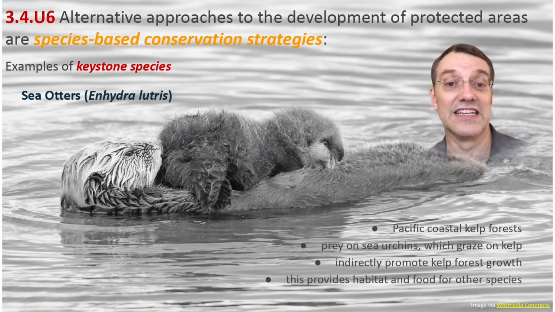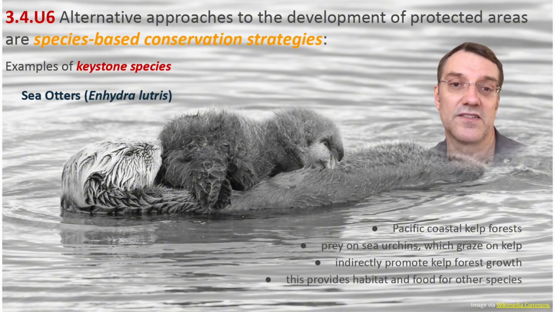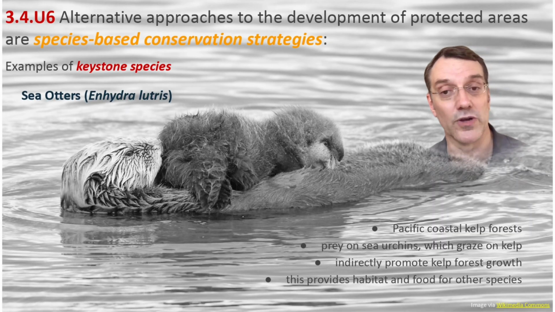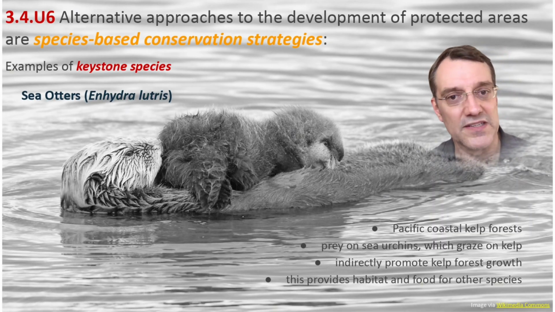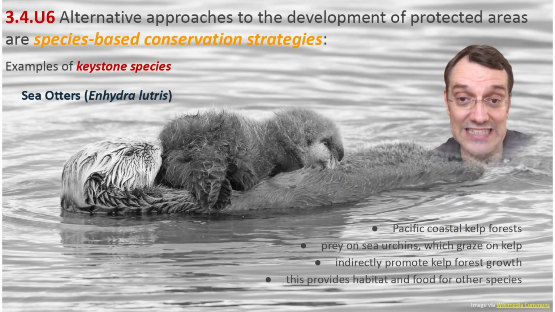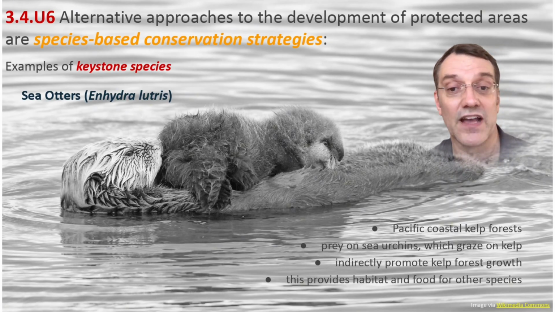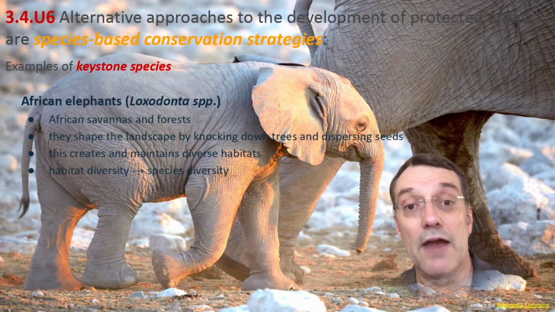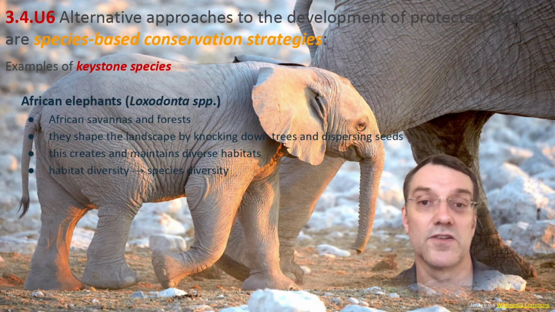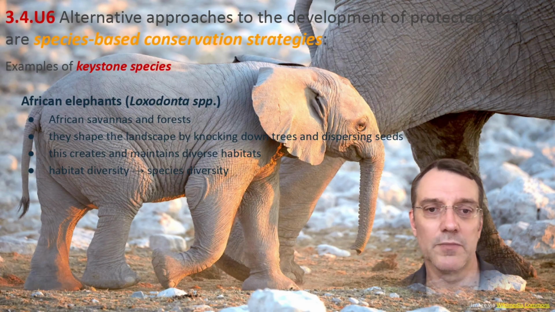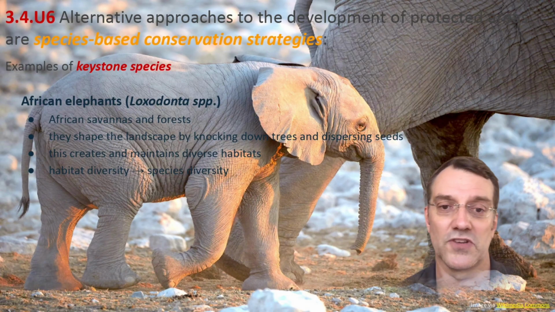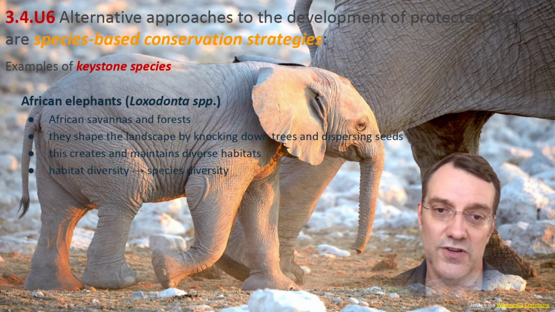Sea otters exemplify a keystone species. By controlling sea urchin populations, they protect kelp forests, which in turn provide habitat for a bunch of other species. This shows how a single species can have cascading effects throughout an ecosystem. African elephants are another important keystone species. As ecosystem engineers, they shape their environment by knocking down trees and dispersing seeds, and that creates diverse habitats that